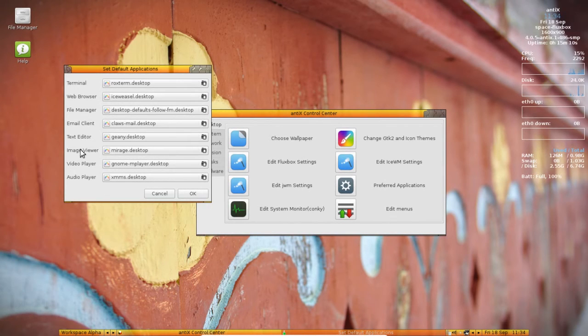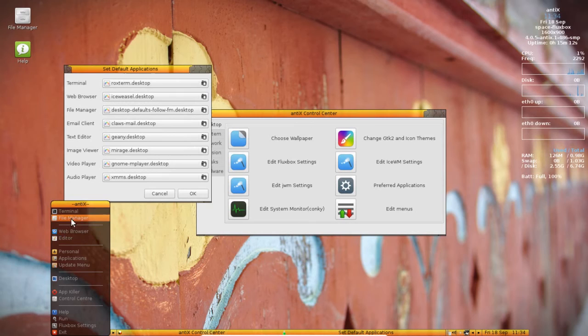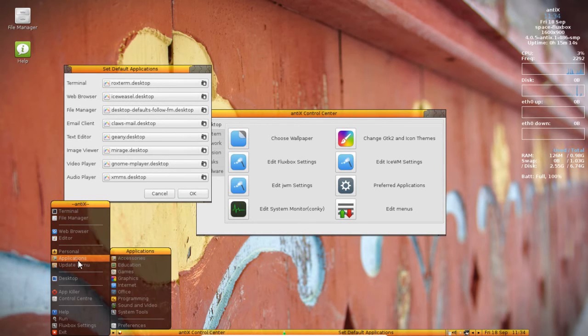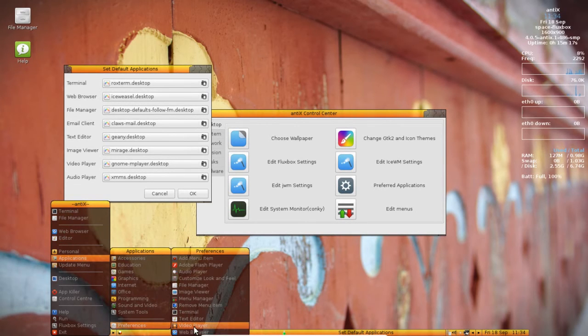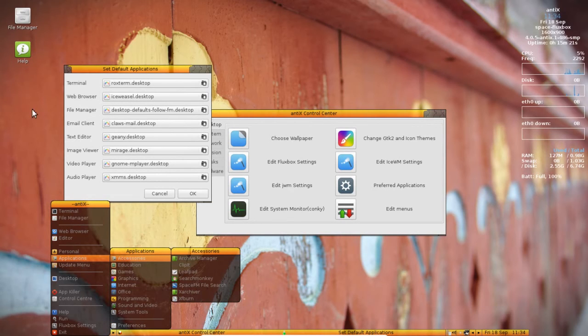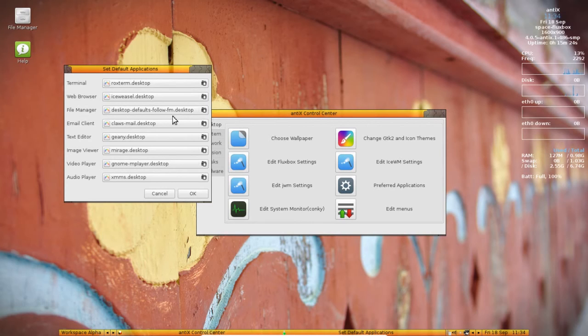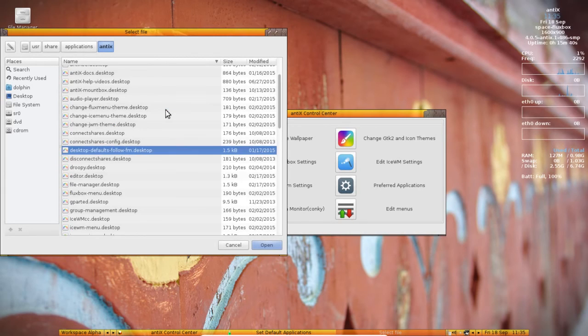So you can set any of the default links. That's these links here: Terminal, File Manager, Web Browser, Editor, and actually there's some more in Preferences, Video Player, Image Viewer, these things as well. You can set these here, and you will get whichever default app you want. Now, a special mention is the File Manager app. By default, it's set to use whatever file manager goes with your desktop. So if you are using Space FM, it will use Space. If you're using ROX desktop, it will use ROX. But you can set that to whatever you want by clicking the button